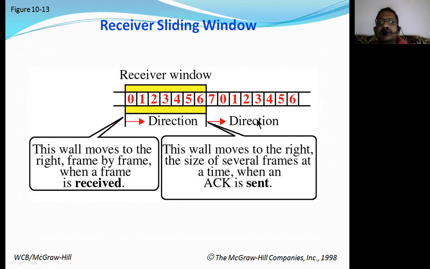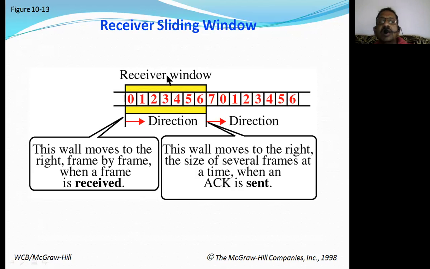Sometimes the receiving window could not receive all the frames. It may receive 0, 1, 2. Then the receiver sends the acknowledgement for frames 0, 1, 2 only. What does that mean? Frames 3, 4, 5, 6 still have to be received by the receiving window. Then the transmitter, or sender system, has to retransmit frames 3, 4, 5 and 6, which are available in the transmitter buffer window or sender buffer window. Then it retransmits these frames.